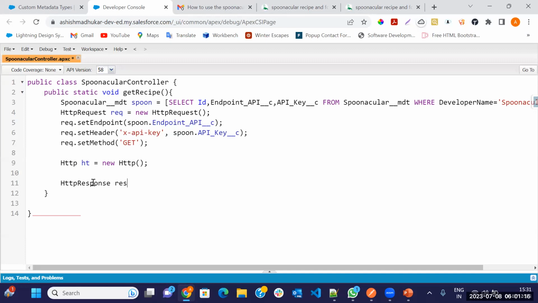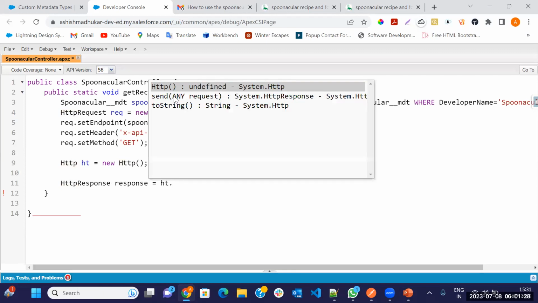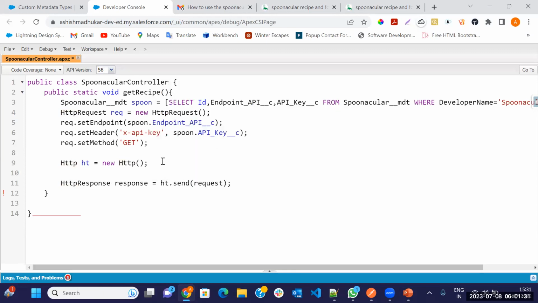Just declare the HttpResponse variable, response. Then this is our HTTP variable name, so just type st.send. Send means you are now sending your request to the third party. When your request goes out and you get a response, or any error, everything will come in the HttpResponse variable. Before doing this, just check an if condition